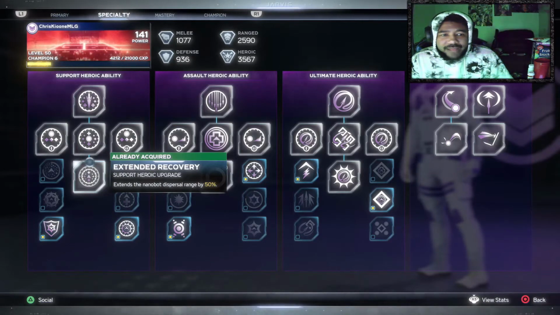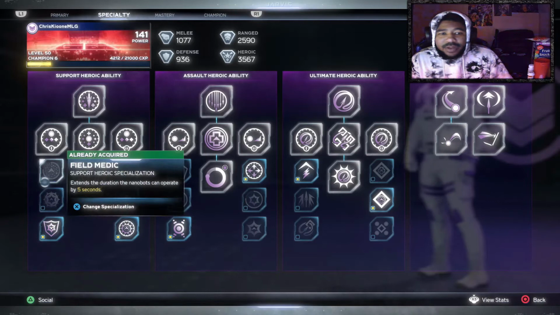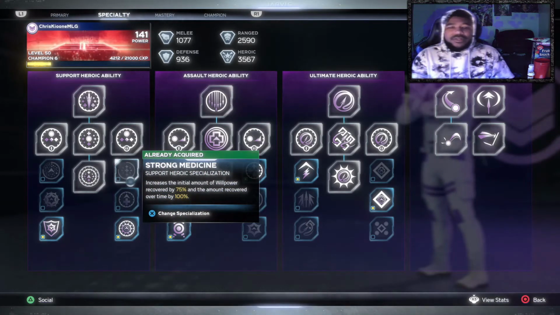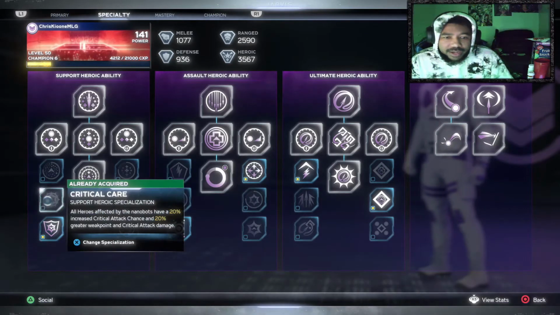But not just that, you also have the ability to add on to it like everybody else. So you can actually make it last longer. You can have a 15% heal ratio within that area. Willpower goes up by 75%, and over time is 100%. So that's dope. But if you also want to do a secondary, you can do Critical Care, which gives